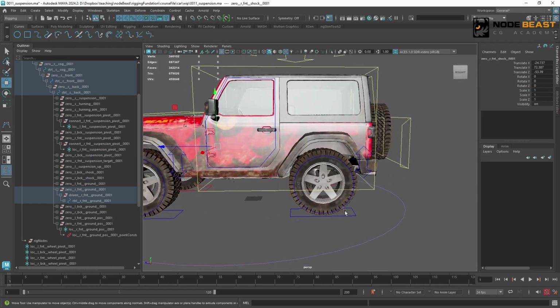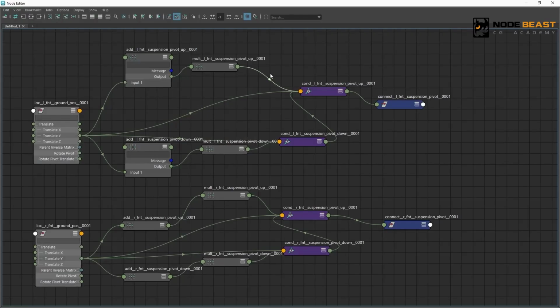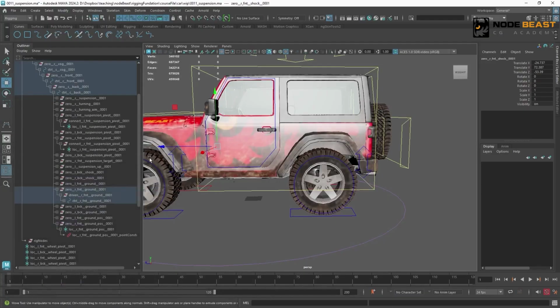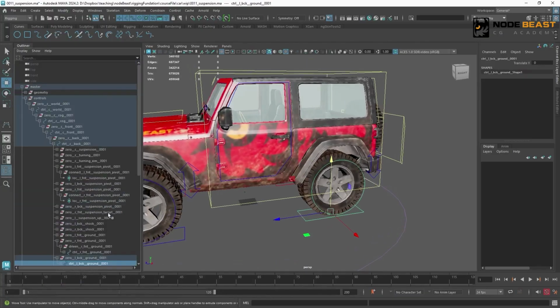Next, same operation. Let's do the two rear wheels. Here, because when I was creating the nodes, they were all being automatically added to the node editor, it looks very messy, so let's temporarily lock this. This way, all the nodes I duplicate won't be automatically added to the node editor. Let's continue setting up the rig.